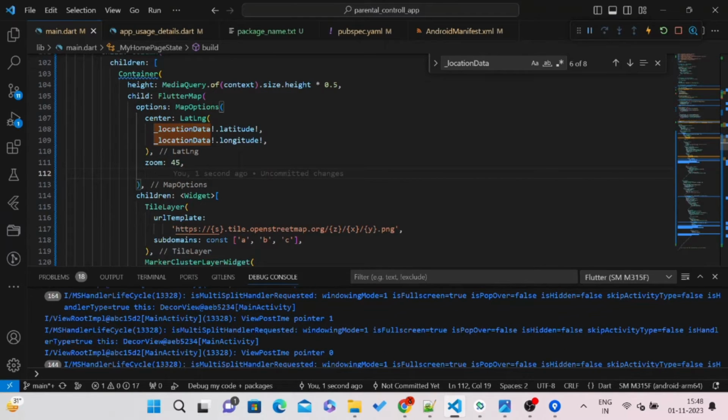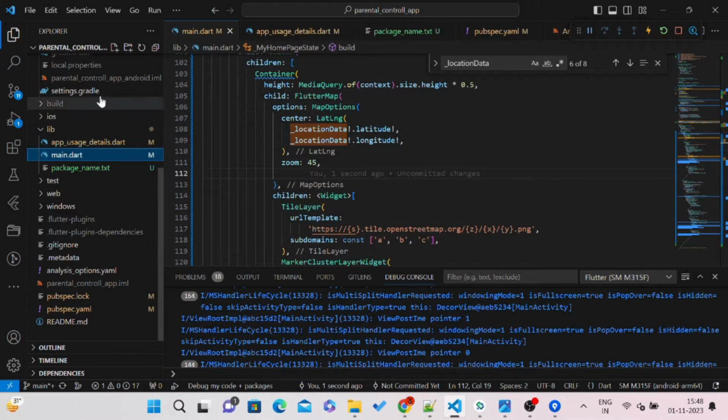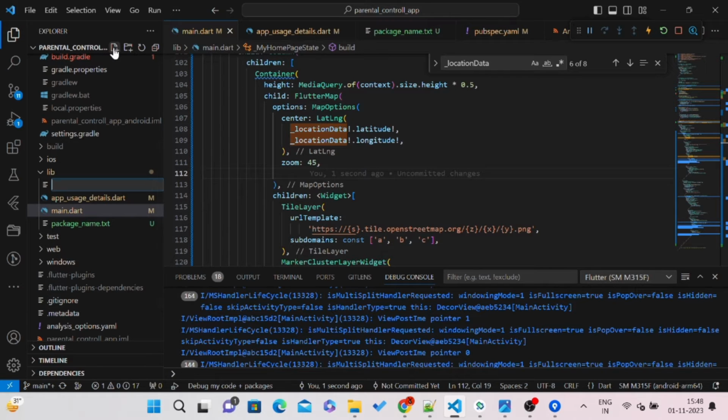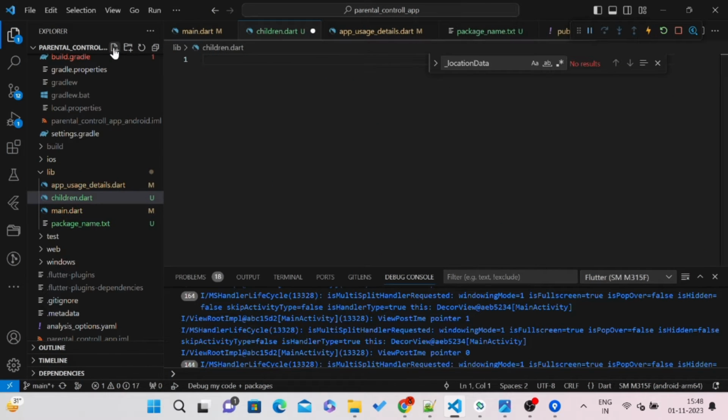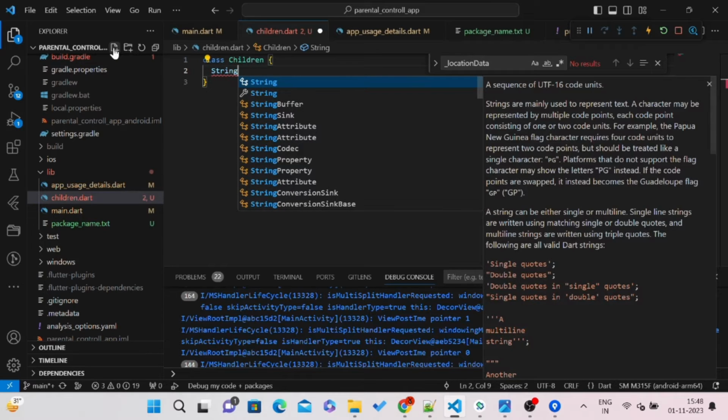In the next section, we will design our data model so that we can store those data in our Firebase storage or Firebase database. Let's come to this lib folder and create one class file called children.dart. Inside this children.dart file, I am going to create a class called Children. You can name it anything as per your requirement or as per your wish. Children: name,